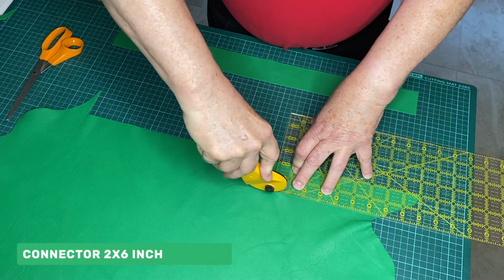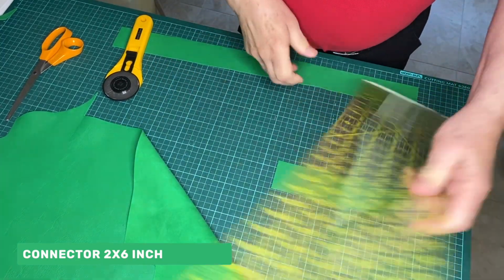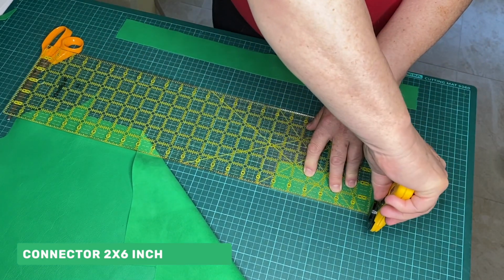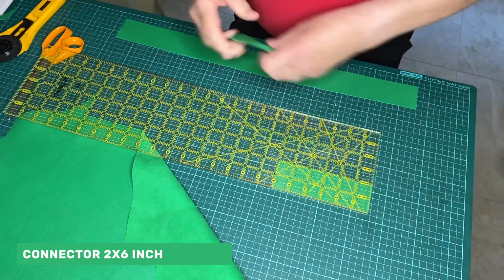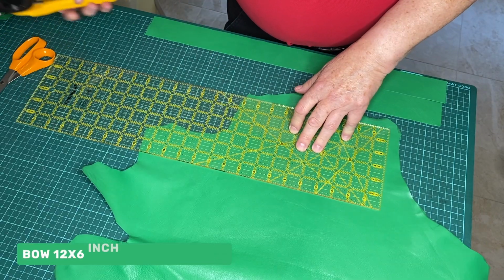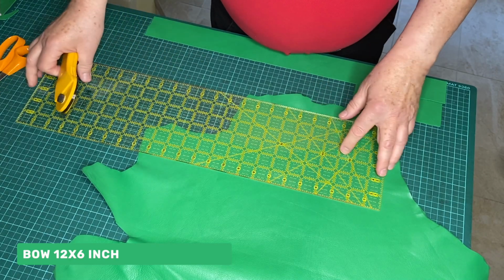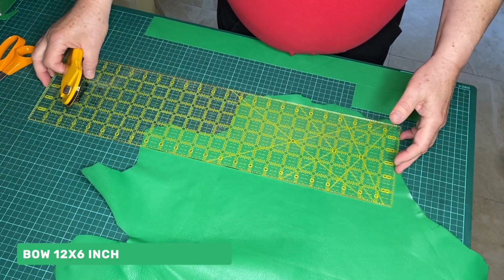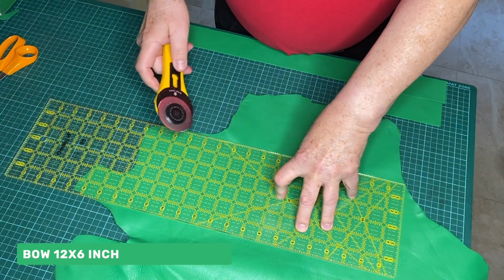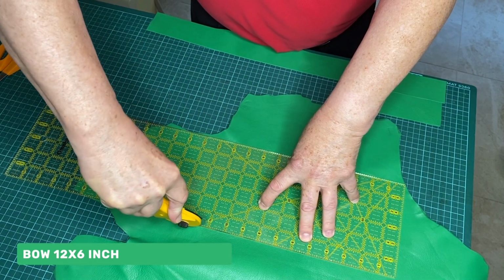So here's the cut for the second piece, which is a 2 by 6 piece. And that is 2 of our pieces. Now the last piece is a 12 by 6, and as you can see, we can't get it from the very neck, so we have to move it down a little bit to get it all in. And I have my ruler in place, and at the 12 mark,